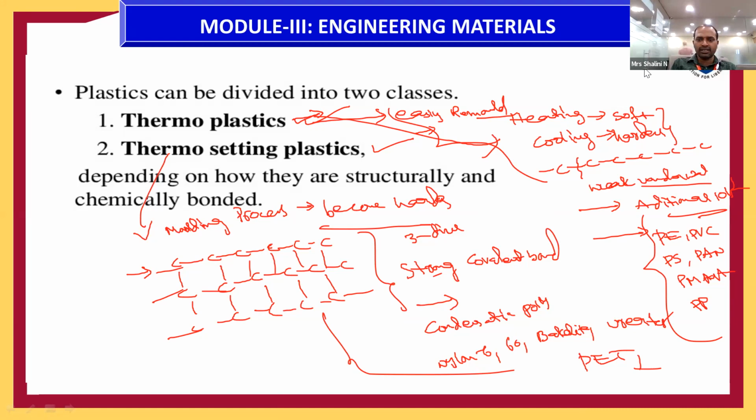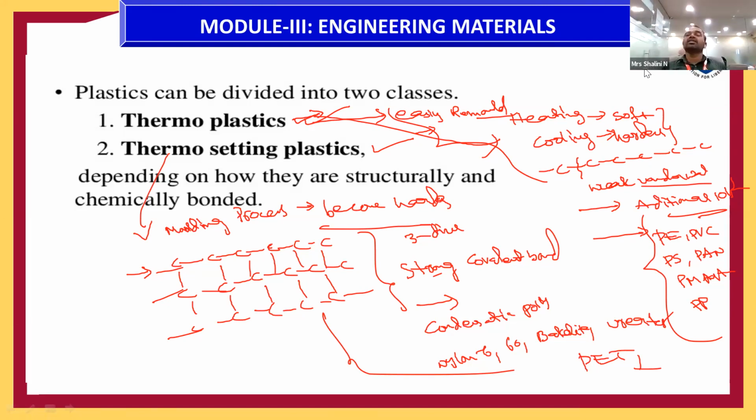Now coming to thermosetting. Under the molding process, they become hardened only. They can't be softened. Why? Because between the carbon to carbon, three-dimensional crosslinks are present. So a strong covalent bond is present that does not undergo any deformation, disintegration, or destruction. It can't be destroyed. For example, thermosetting plastics are used for pressure cooker handles,